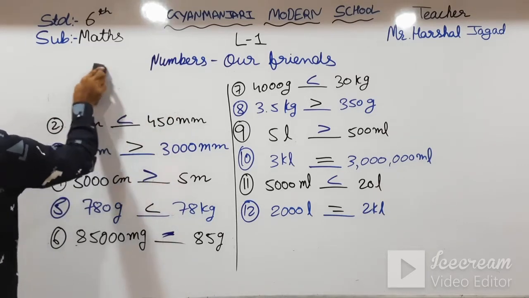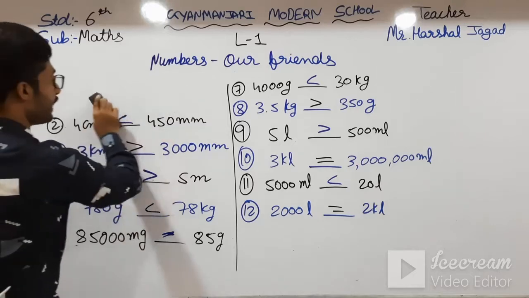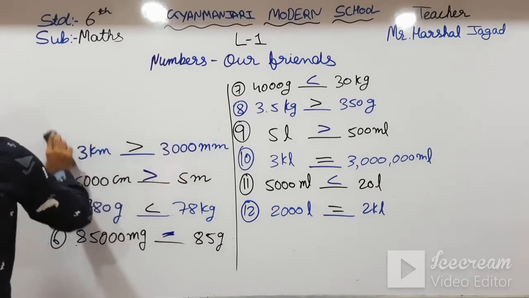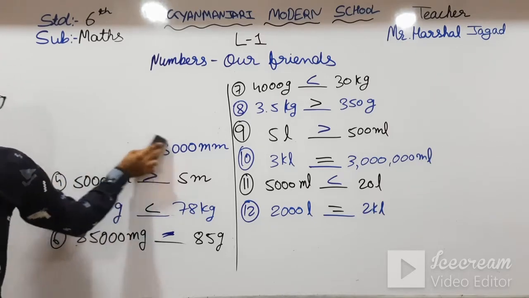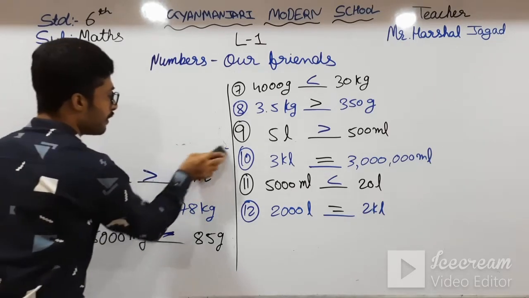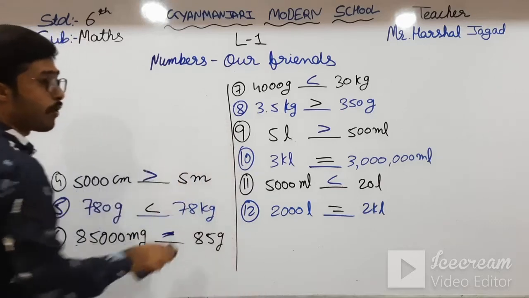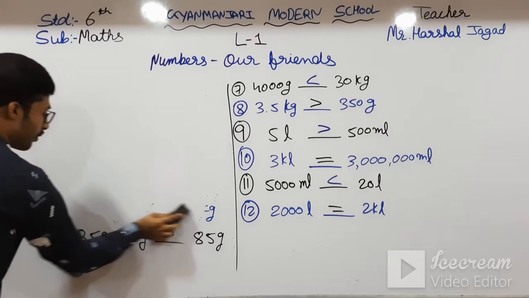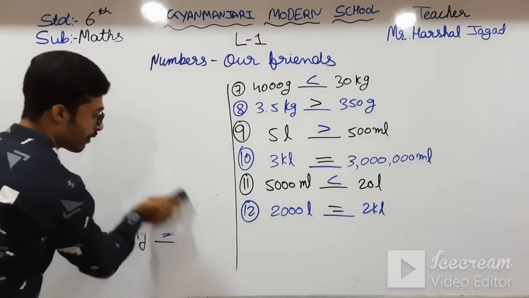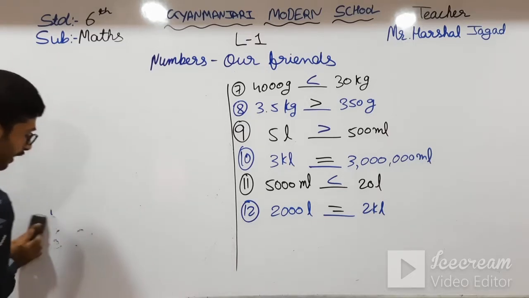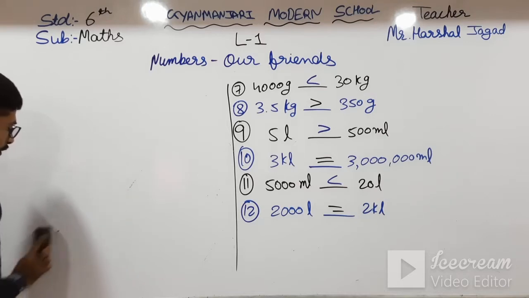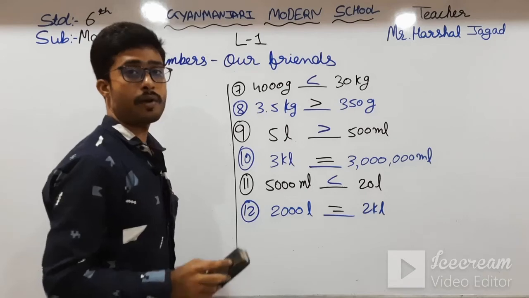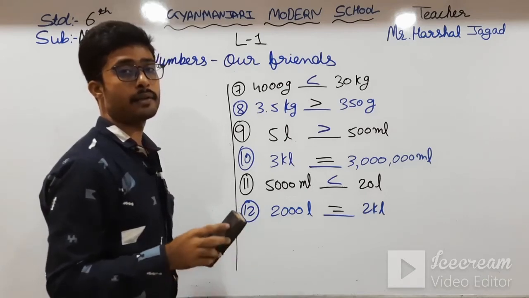You have to write all the exercise 1A, 1B, 1C and this 1D in your fair book. Okay students, if I give the homework that you have to write in this exercise, you have to write it down in your fair book, not in your homework book. Okay students, I will say what you have to write in your homework book and what you have to write in your fair book.